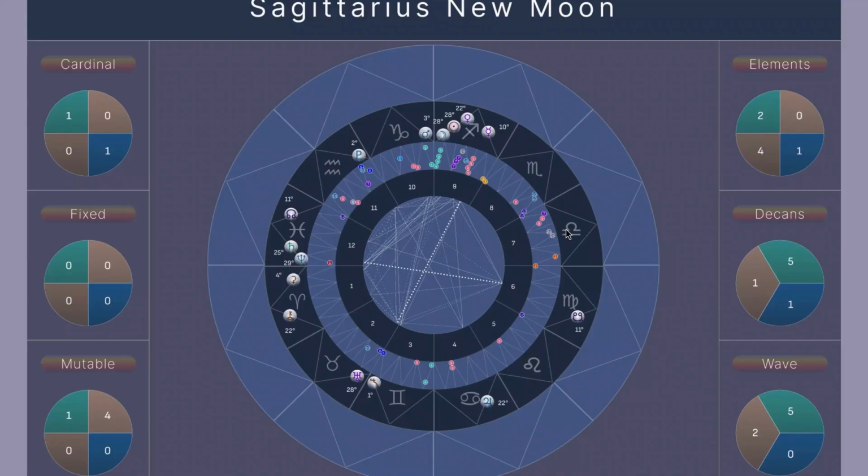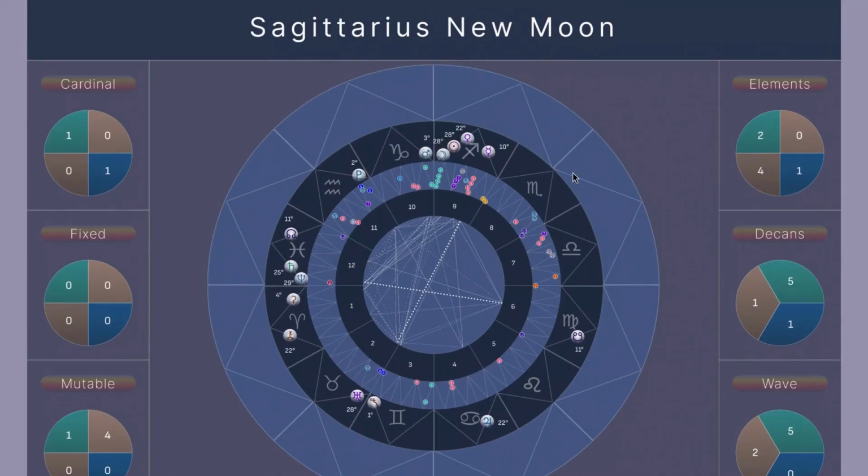So anyway, this is the Sagittarius new moon chart, and the catchphrase that I have for this Sagittarius new moon is lavish yourself with love. And lavish comes from Venus being here, conjunct the new moon in Sagittarius. Venus is kind of about lavish, but Sagittarius is about making it big, so lavish feels like it really fits. Venus is about pleasure, comfort, all that kind of stuff. So lavish yourself with love.